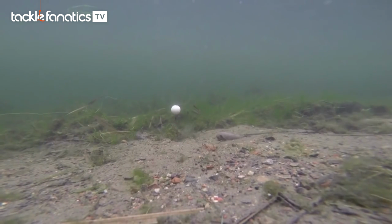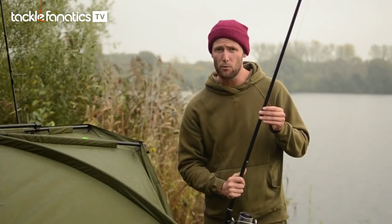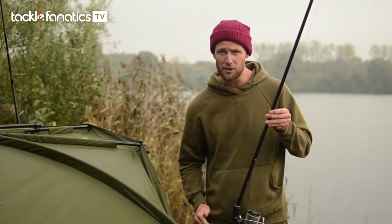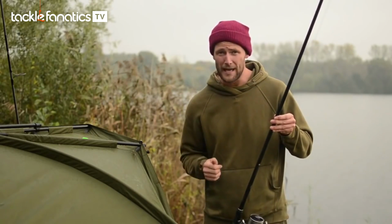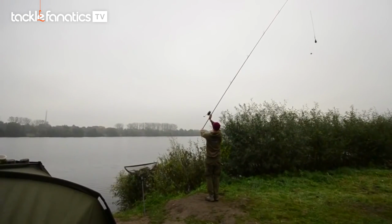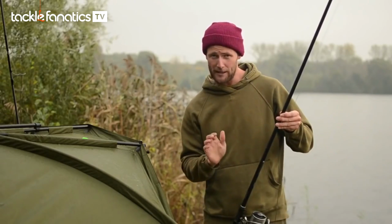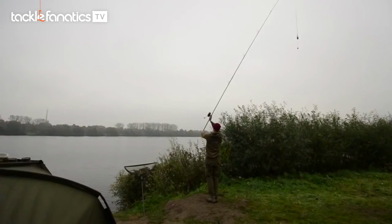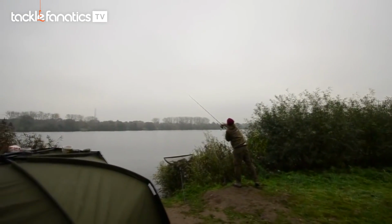I'm going to move on to my casting technique now, and I obviously wasn't always a good caster. I watched a few videos on YouTube with Mark Hutchinson, and there are a few key things: weight transfer, the right kit, and a good technique. What I do is hold the rod at about 45 degrees, and I keep my feet together. A lot of people recommend that you don't do this, but I keep mine fairly close together. Just as I'm about to cast, my body leans back, all my weight going back onto my back foot,